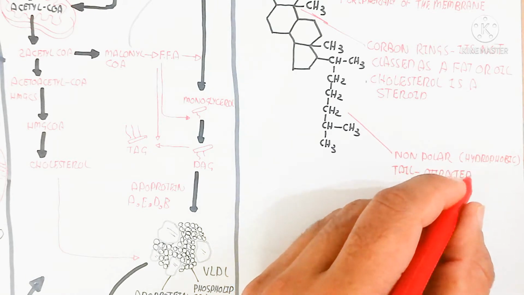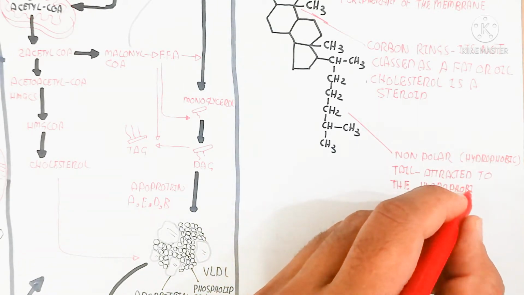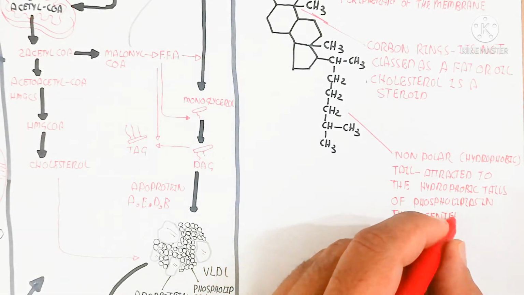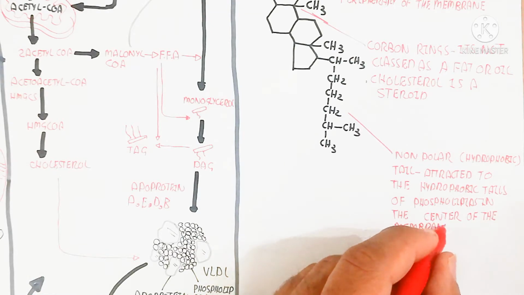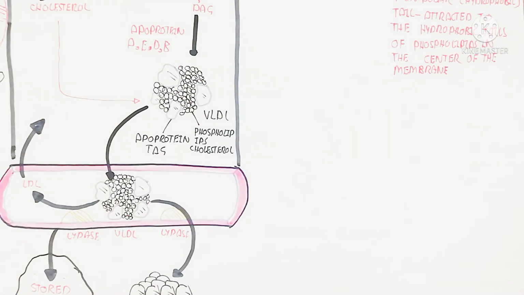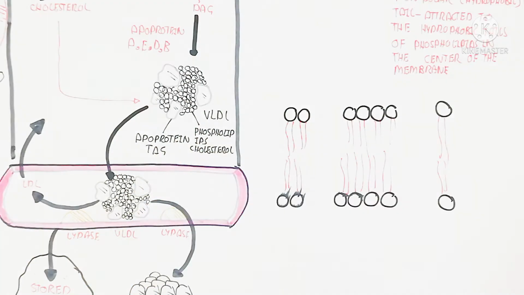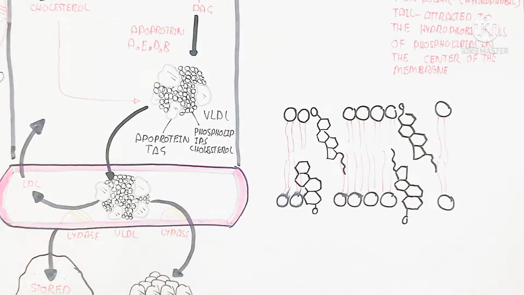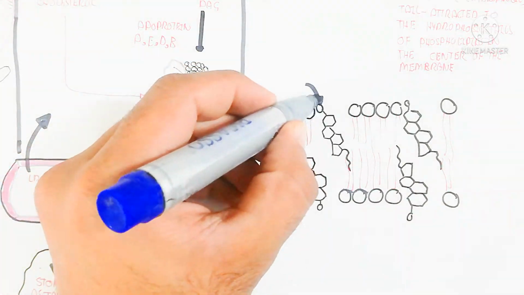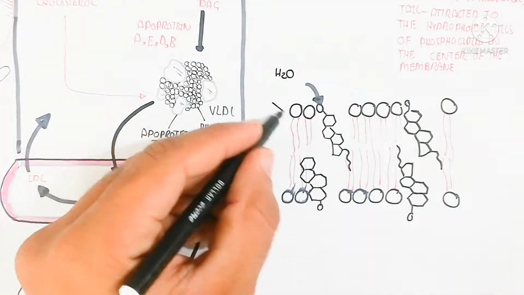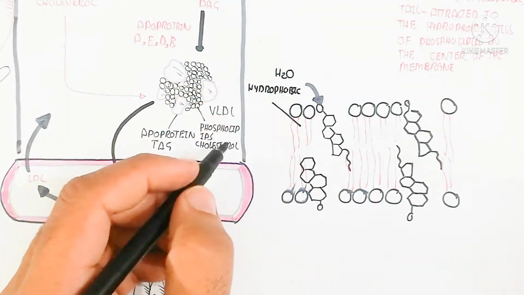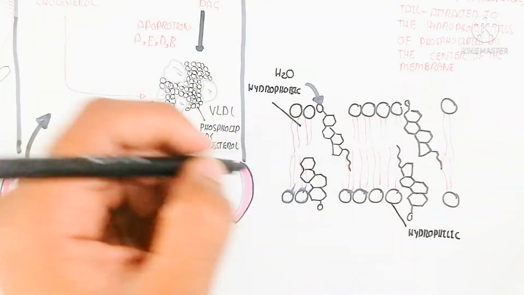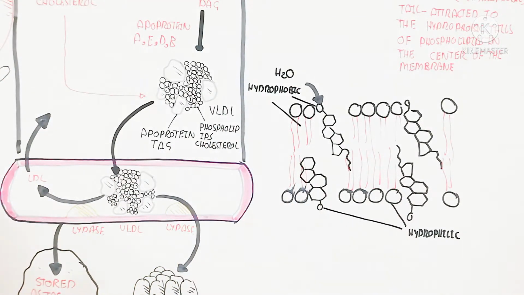So the non-polar hydrophobic tail is attracted to the hydrophobic tail of phospholipids in the center of the membrane. So you can understand as well. This is the lipophilic, but the hydroxyl group is the lipophobic. So in this way, the cell's plasma membrane contains cholesterol, which is used for the hydrophilic and hydrophobic interaction to attract, and in this way the water will not move inside and outside much more. So in this way the fluidity and homeostasis,